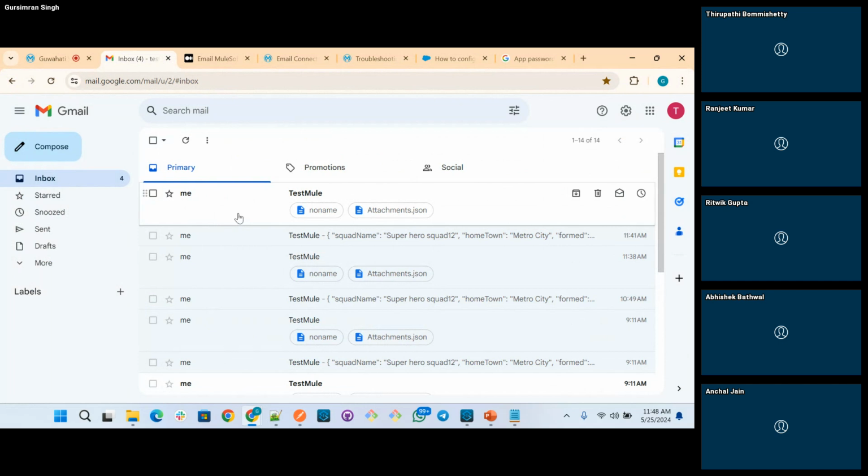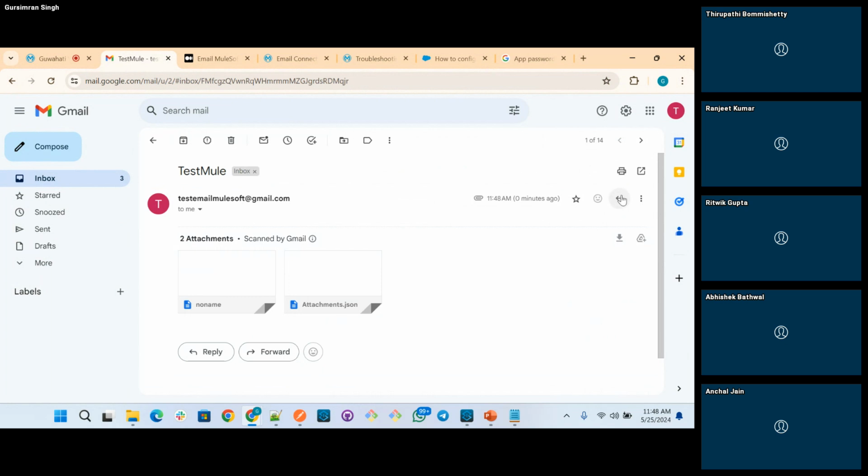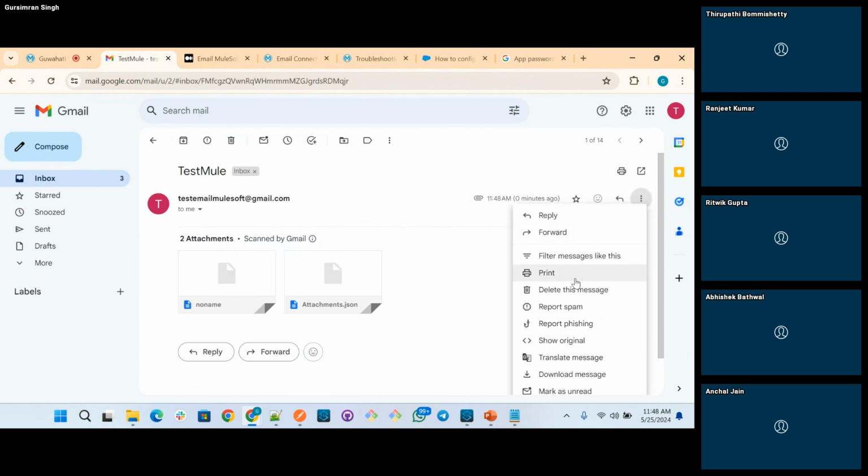Now you see, you receive this email, but can you see the headers anywhere? No, I think you will not be able to see the headers here. Does anyone know how to see the headers in Gmail? Has anyone tried to see the headers, the priority things? I will wait for like 30 seconds. Then if not, I will show it.